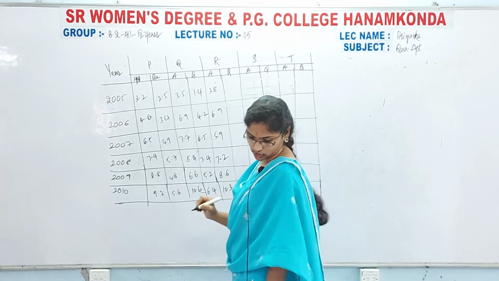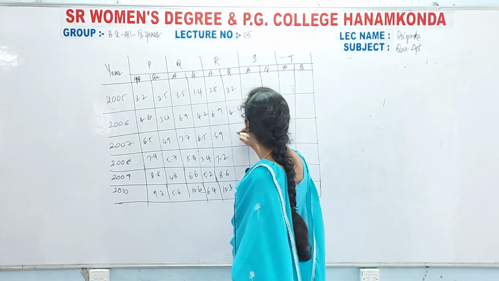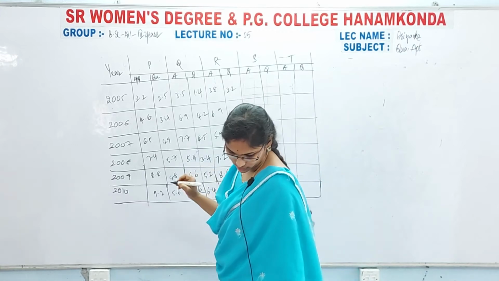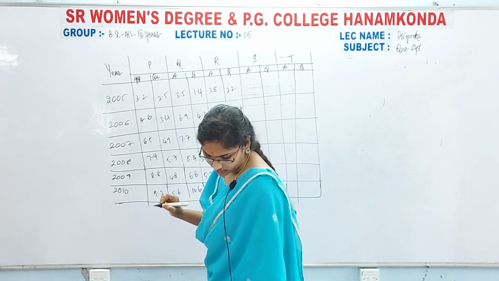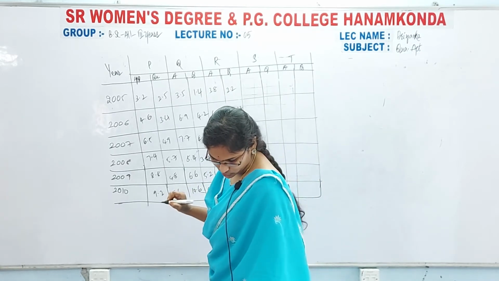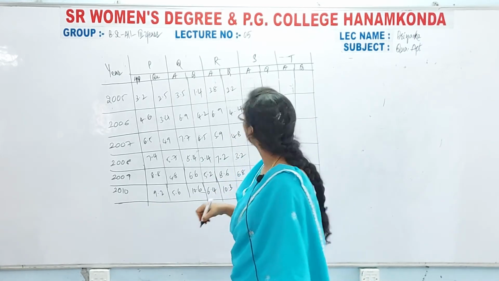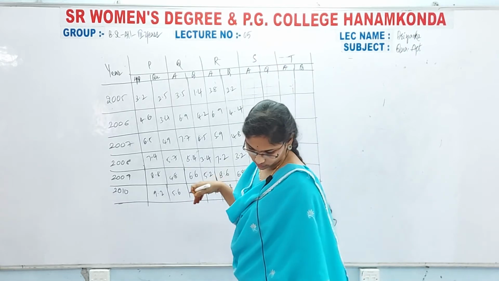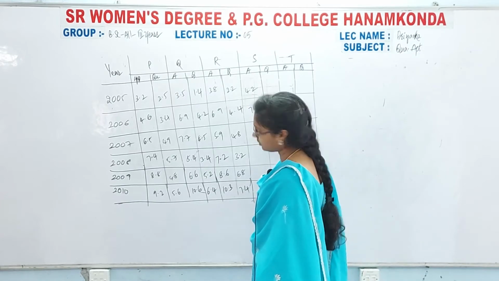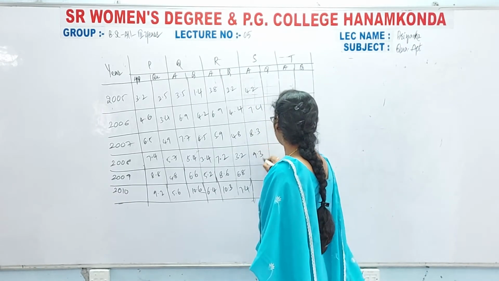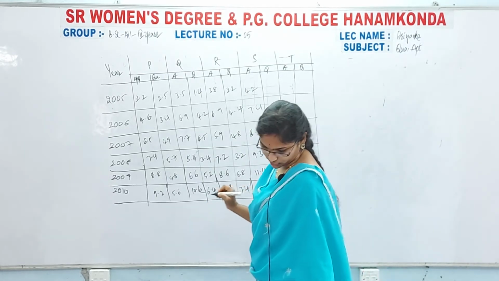Next qualified students: 2, 2, 2, 4, 4, 4, 8. That means you have to write the point in between. 3, 2, 6, 8. So it is one hint, one tip actually to remember the values easily. 7, 4. Next Q, sorry S: 4.2, 7.4, 8.3, 9.3, 11.4, 14.2.